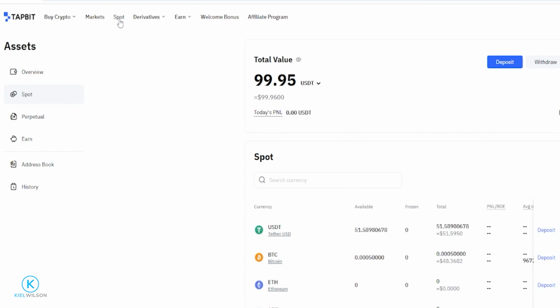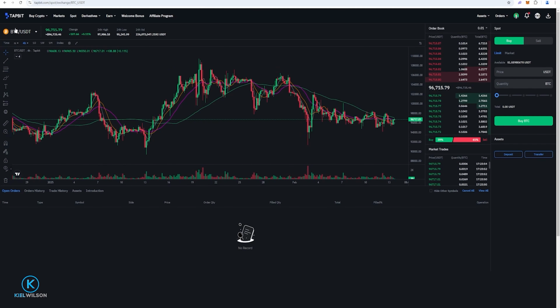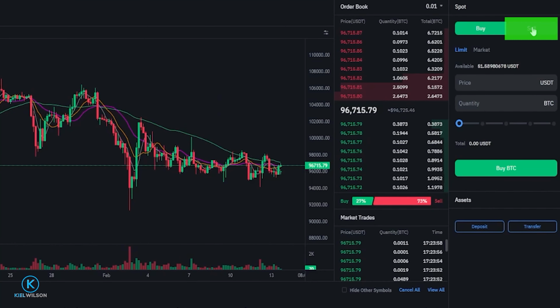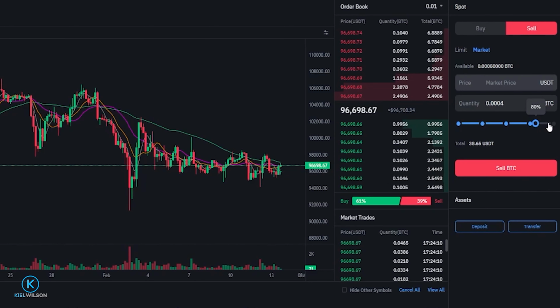give it a click. I'd make sure that the pairing is set to BTC, which in my case it is, so that looks good. Now I'm just going to come over here, I'll click on sell, then I'll click here on market. And this time I'll use the slider bar and I'll just slide this up to 100%. So this means I'm going to be selling 100% of my Bitcoin at the best available price off of the